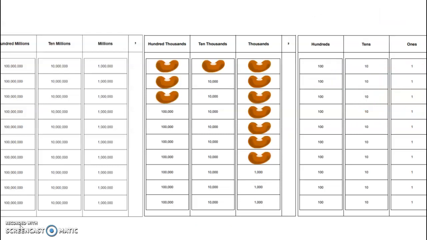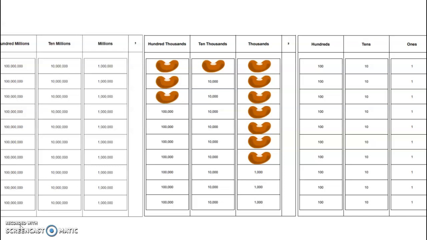Now let's look at this page. What number is the place value chart showing now? Is this number 317 in standard form? Well, I hope you said no, because if you notice, we've moved over to larger place values on our place